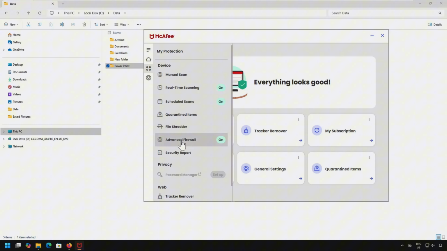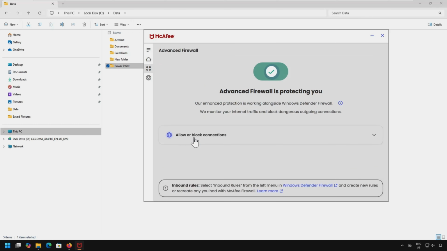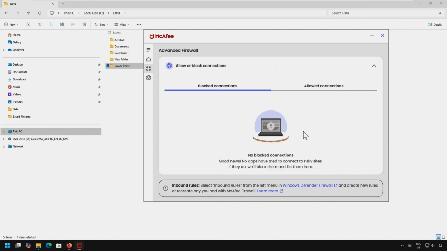And there is an option for advanced firewall. You can see advanced firewall is turned on. All the incoming connections will be blocked, and you can even allow connections if you want to allow certain ones. To allow the connection, you need to use the Windows Defender firewall. You have to click Windows Defender firewall. Then whatever connection you want to allow, you can allow those connections. Everything will be displayed under advanced firewall